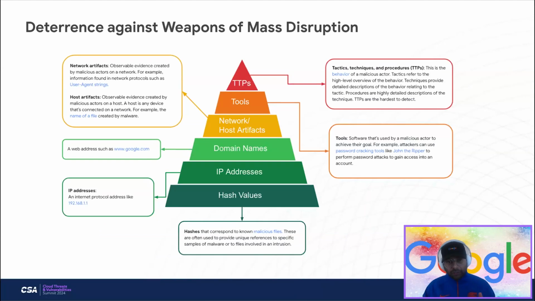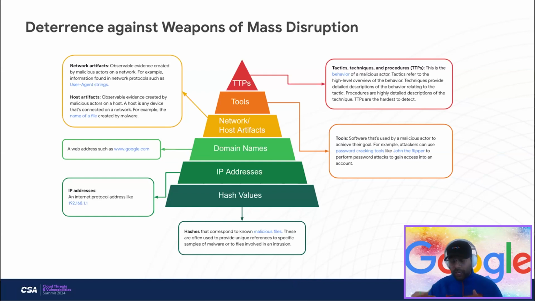Now, just a highlight of what this pyramid of pain means. The pyramid of pain captures the relationship between indicators of compromise and the level of difficulty that malicious actors experience when those indicators of compromise are blocked by the security teams. As you can see, at the bottom of the pyramid, hash values correspond to known malicious files. It's very easy to block them, but it's also very easy for the threat actors to change the hash value of their software. Internet protocol addresses can be changed by threat actors very, very easily. So blocking them is not a good control. It's not a good way to block the threat actors.